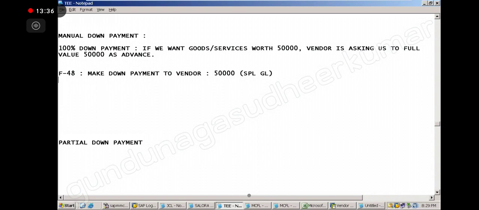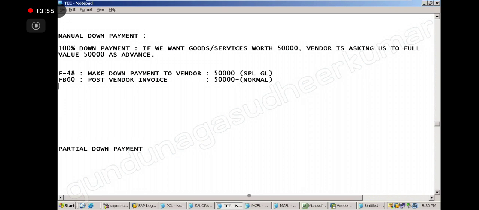Then FB60, vendor invoice, 50,000 minus, that's the normal one. Then F-44, we will match and clear.